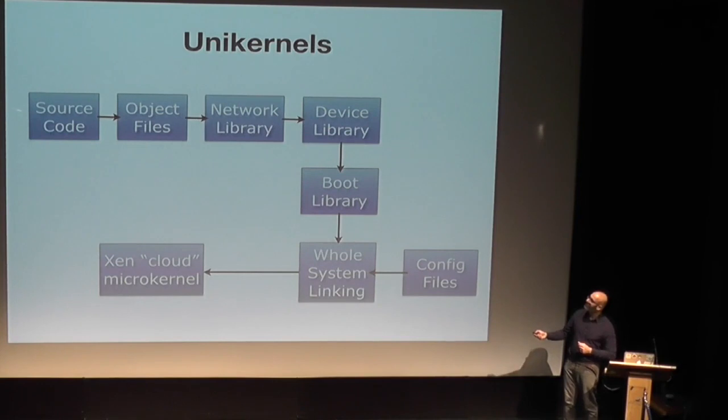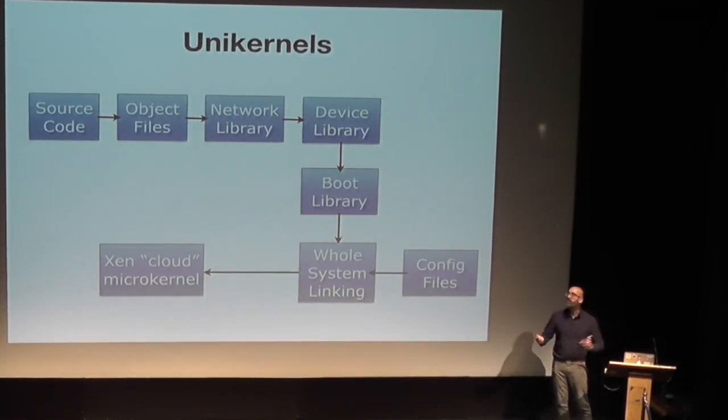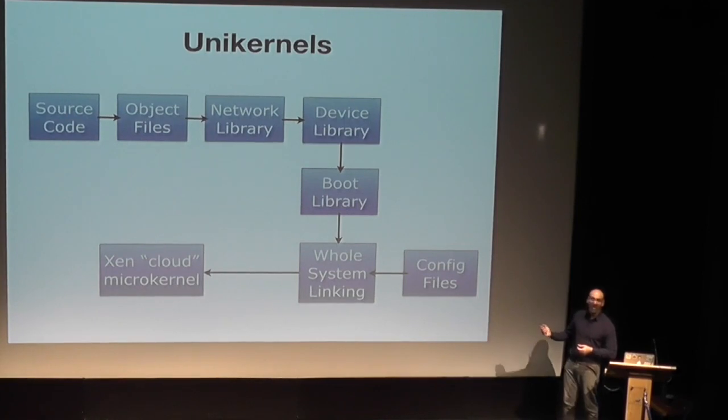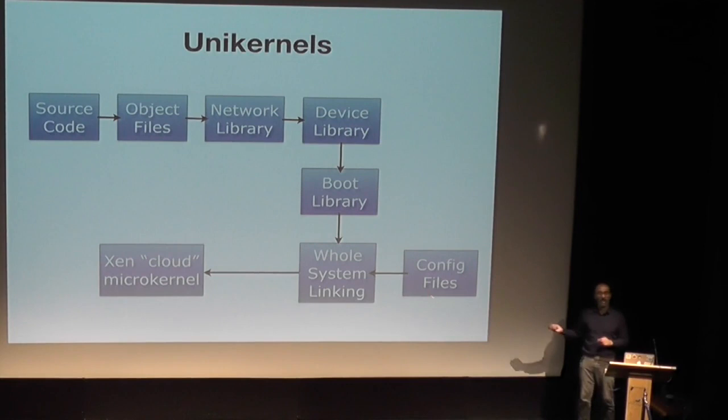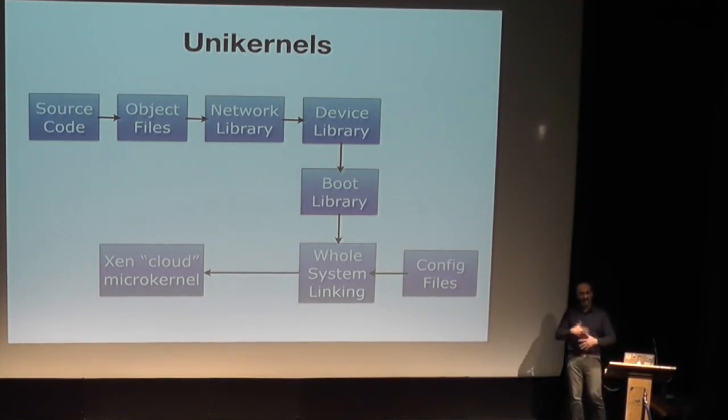So what unikernels do is that they take the source code, you compile your application source code into object files using your normal compiler, then you link in various libraries into it for the services you need, and then you link in a boot library, which basically starts off the unikernel, and then you take the configuration of your application as well. So not just a generic application, you tell it, I want to run at this port, I want my website to have this name, and you then compile the whole thing together.